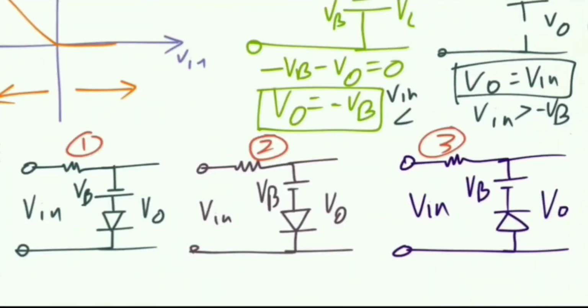In a similar procedure, solve these circuits, find their biasing conditions, the output graphs and the transfer characteristics. You will find that these two circuits will be positive clippers, whereas this one will be a negative clipper, and it is needless for me to say that all of these will be parallel and biased clipper circuits.